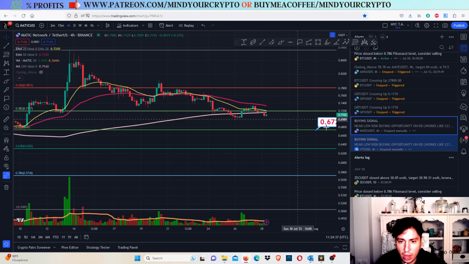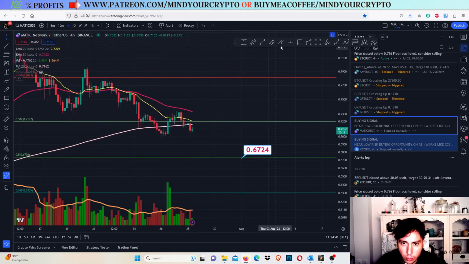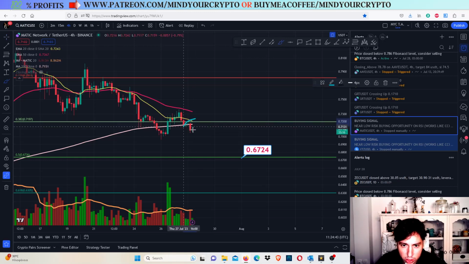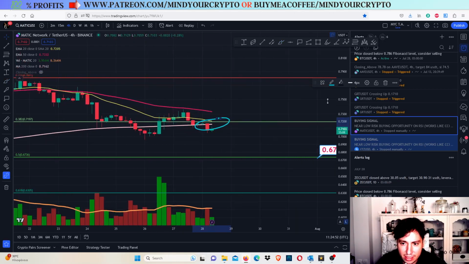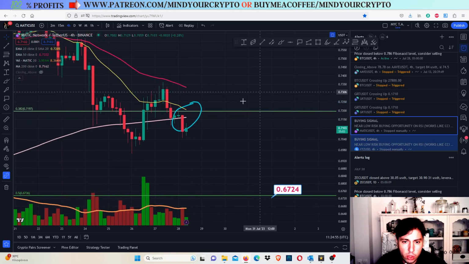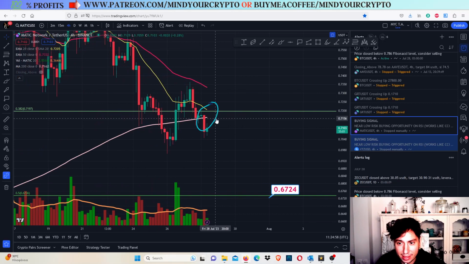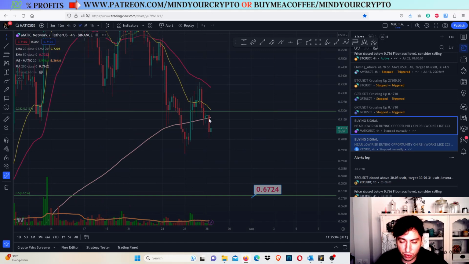However, for the Matic against USD chart, in order to see that, we need to have two bearish crosses. The first one should be from the 20-day, the yellow line, to the 200-day moving average, and the second one from the red line. Okay, from this line right here, the 50-day exponential moving average. Right now, though, we do not have any bearish cross yet, but I think that it is very likely that this will happen, and Matic will be going a little bit further down.